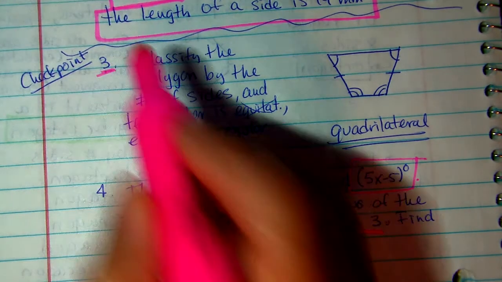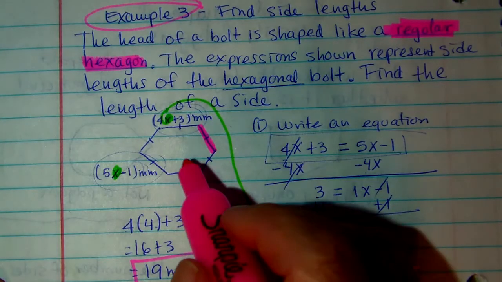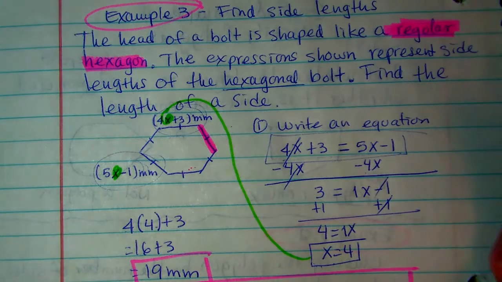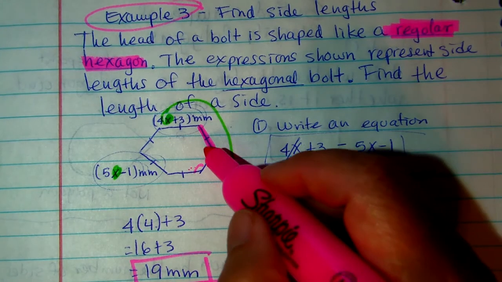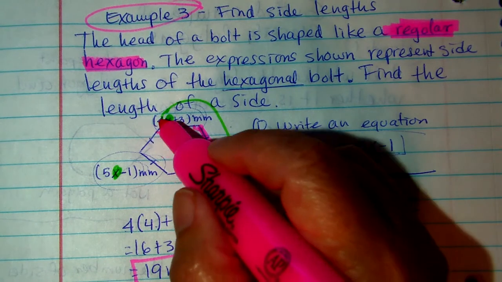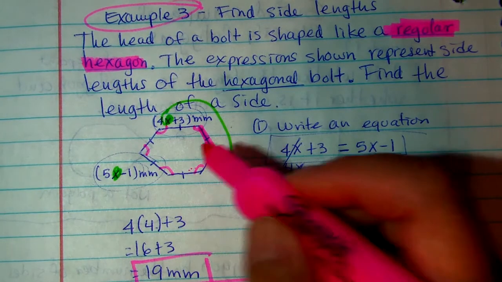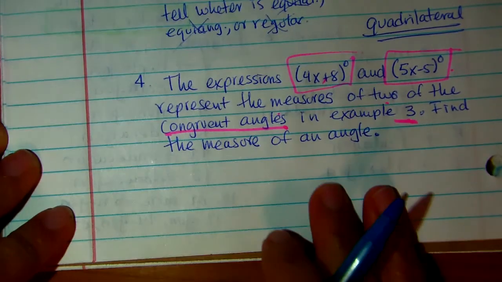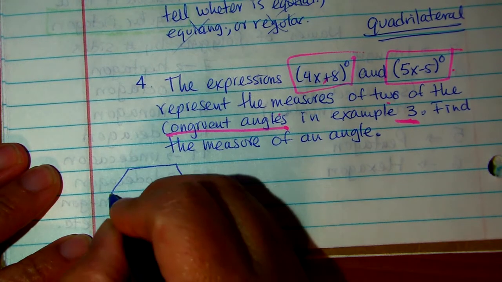This is example number 3. No, example number 3 is this one right here. Sorry, this is example number 3. Okay, we have a regular hexagon, so remember, all sides and all angles measure the same. So it means that all of the angles on the inside of the hexagon measure the same. I'm just going to draw it over here so that you have an image of what you're doing. Okay, we have the hexagon,